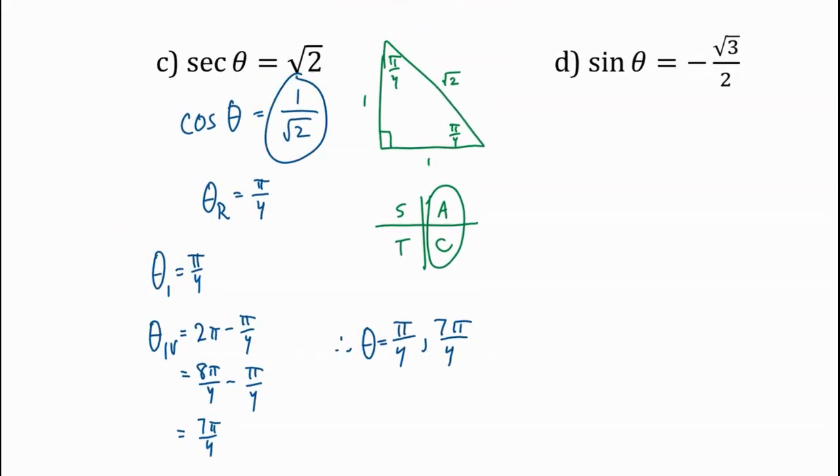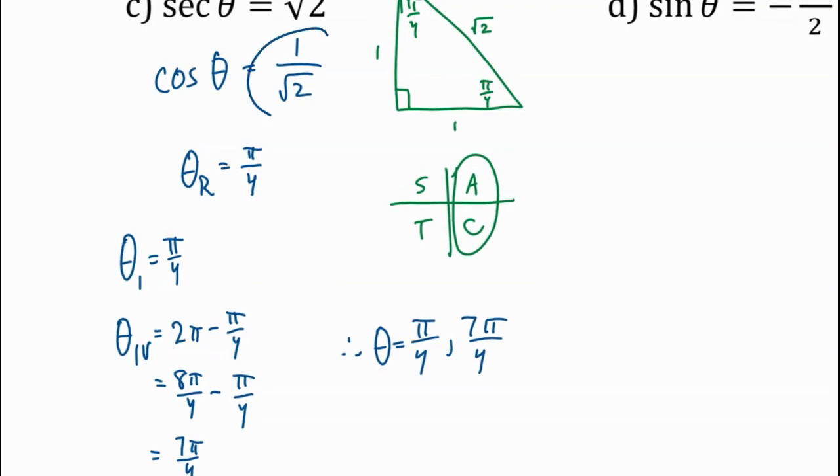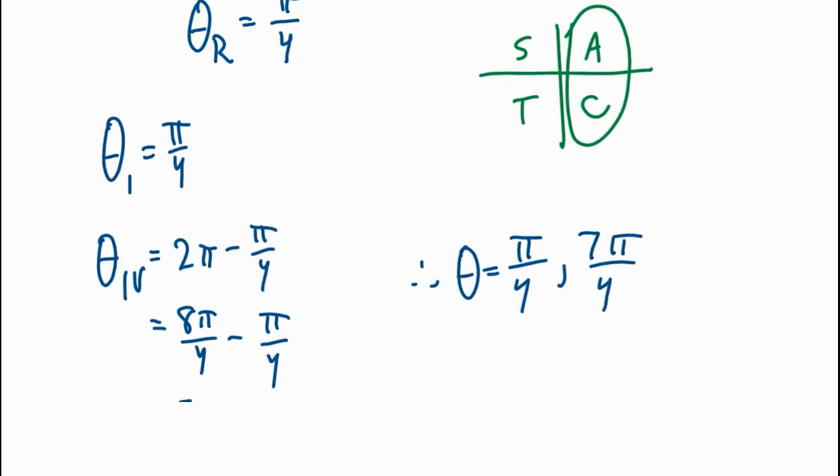So 1 over root 2. Again, the root 2 tells us we're in this triangle. That triangle only has one angle that it can be, so the related theta is going to be pi by 4. By the CAST rule, it's positive, so I go to the two positive quadrants for cosine, which are 1 and 4. And just like we did before, I then find